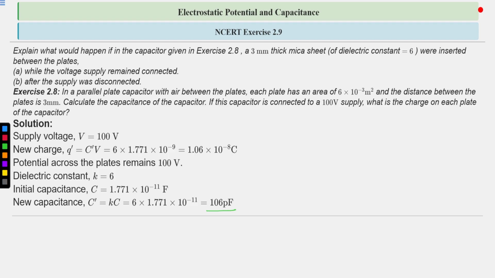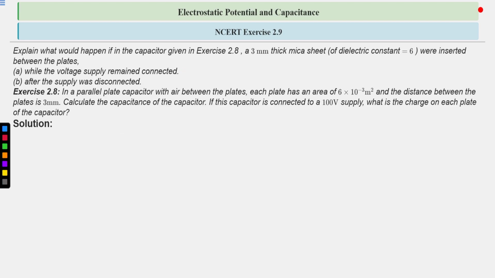This is the A part. What is changed in A part? Due to insertion of the mica sheet, and when voltage supply remained connected, capacitance changed and charge changed. Capacitance will change in both cases, either voltage supply remains connected or disconnected. But additionally, what will change? We will see according to the case. So in the first case, capacitance changed and charge also changed. Now we will see in the second case,